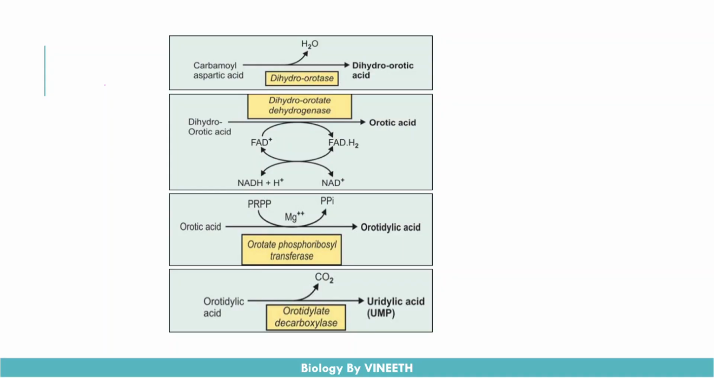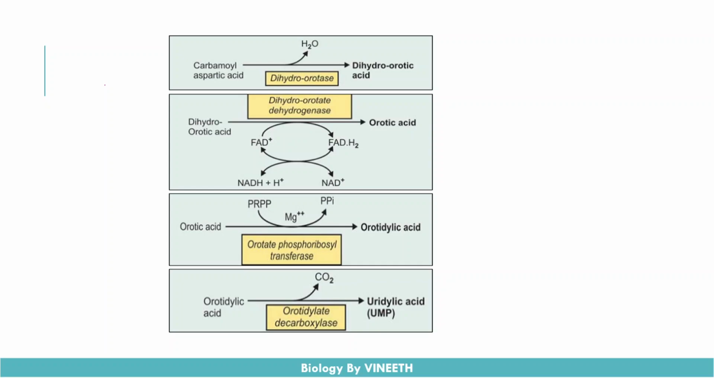So this orotic acid is the major precursor for the formation of the UMP. This exactly resembles the structure of the uridine monophosphate. This orotic acid now has a ribose sugar attached to it, and this reaction involves a special bifunctional enzyme known as orotate phosphoribosyl transferase, which is also a decarboxylase